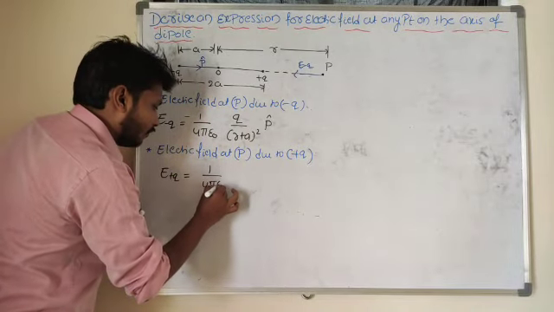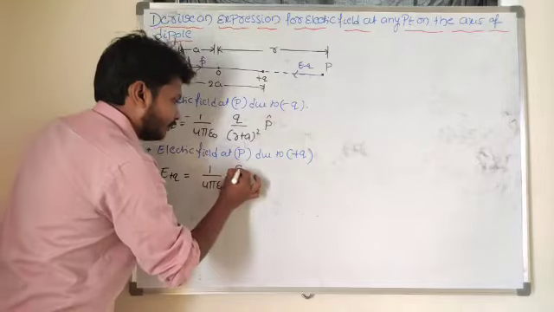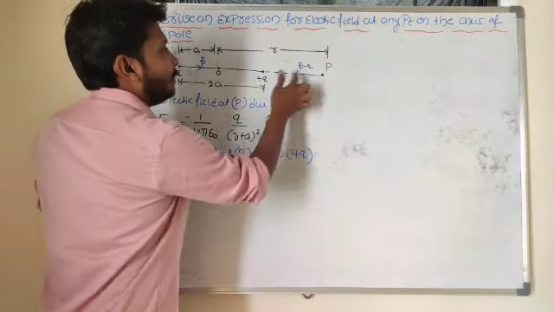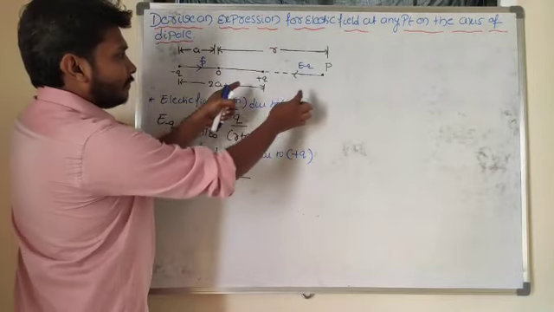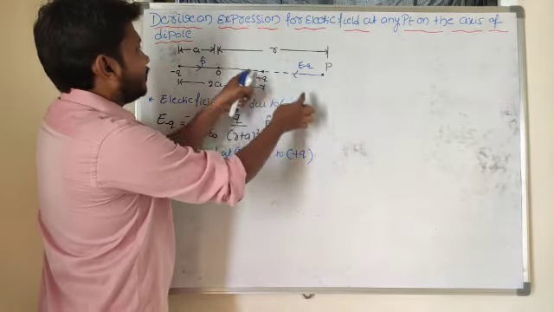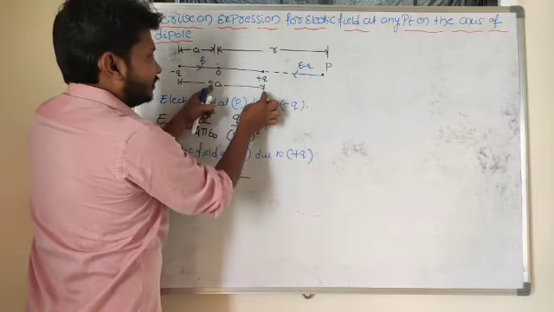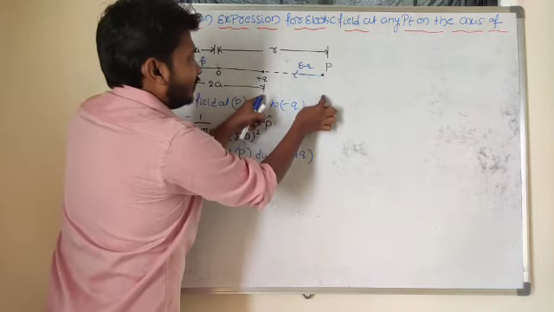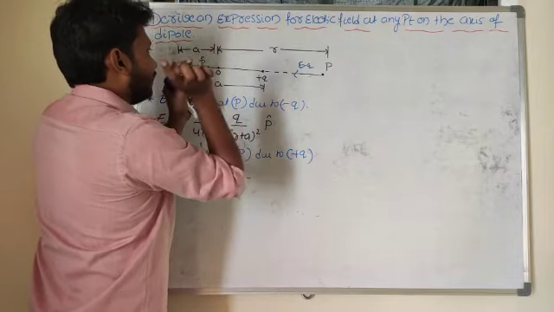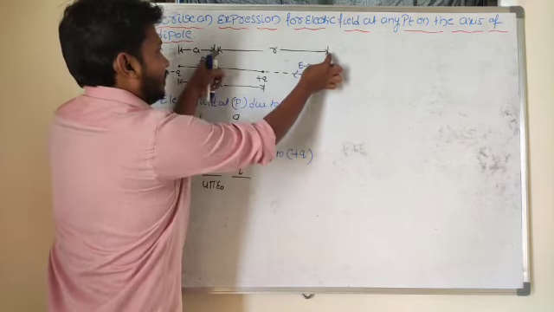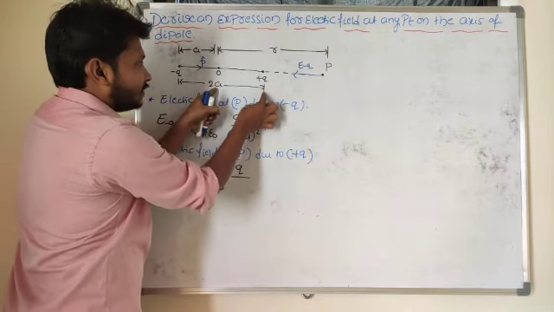So 1 by 4 pi epsilon naught q divided by, what is the distance from that plus q to P here? Look here, I don't know this distance. First I know the distance from the center of the dipole to point P is r, and this distance is a. Then what about the remaining distance, r minus a here? What is the remaining distance, the distance from plus q to point P? So this distance is r, this distance is a.